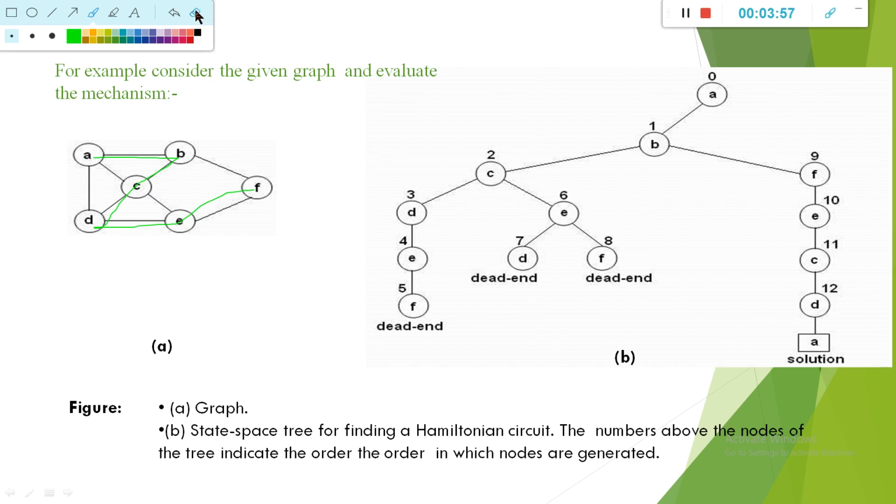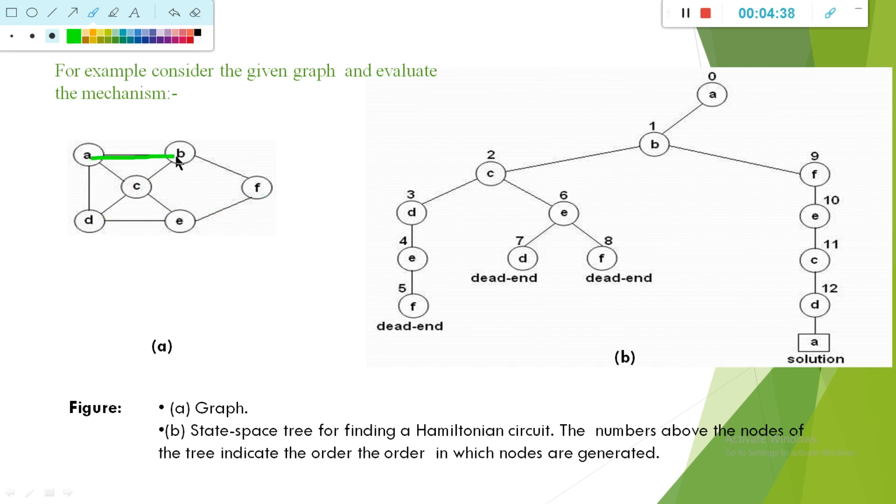We'll go another way to find the solution. We start again with A to B, then B to C, then C to E, and C to F. We can go from D to A, but there is no Hamiltonian cycle. A cycle exists, but it is not Hamiltonian because F is not visited here. This is again not a correct solution. You have reached a dead end. You go for another way: A to B, B to C, then C to E, C to F. Again there is no solution. You reach a dead end. Stop here and go for traversing another way.